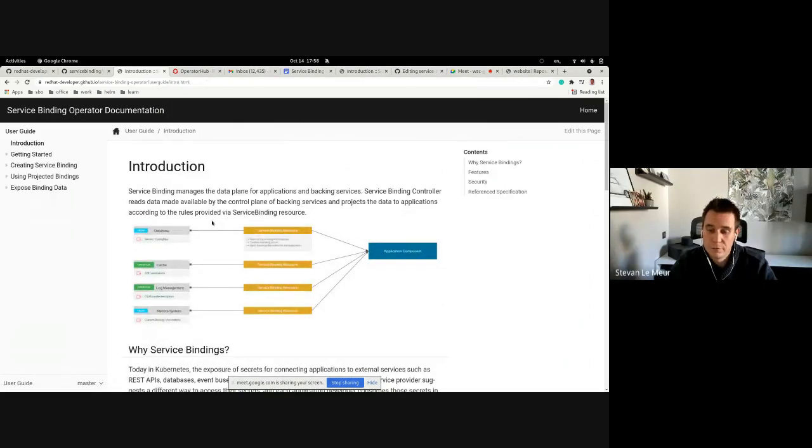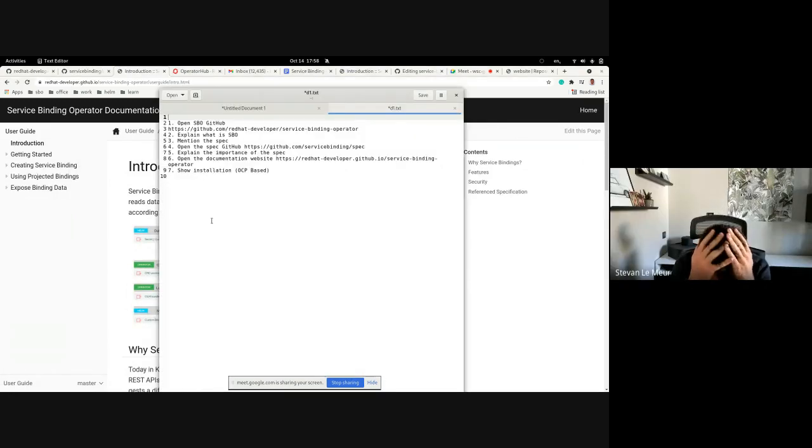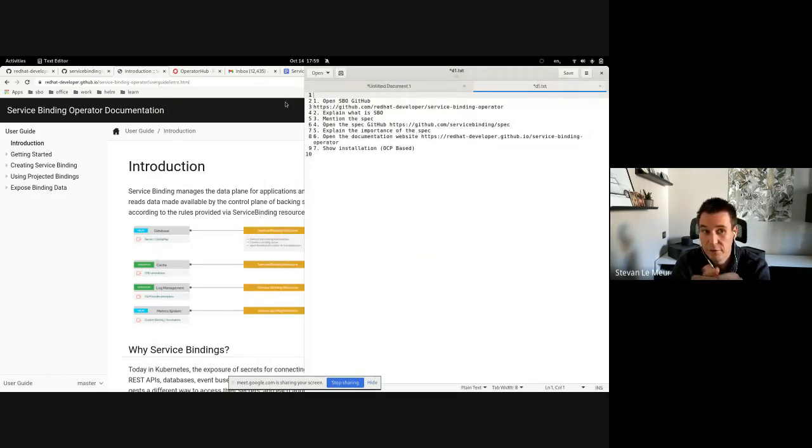So the best way to, yeah, in my opinion, if we want to do something like this, the best is to do a demo, is to show off the technology. You take an application and you show off how simpler it is, and you get to the value prop as fast as possible. So you explain the value prop of the technology. And this is what is going to hook